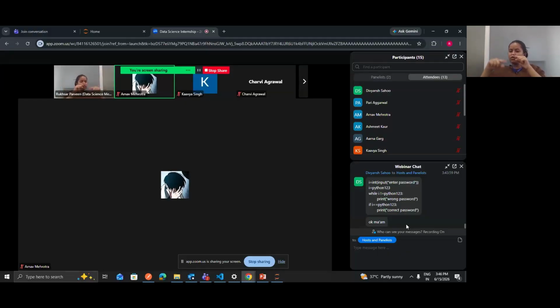So this loop will run until the input is equal to Python 123, and you don't need to write the break statement. You can simply take an input inside this while loop, and if that input is equal to Python 123, it will come out of this loop by default.